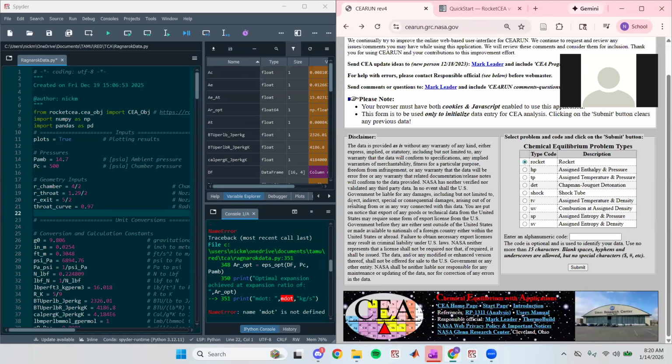Hey guys, today I'm going to be talking about using the RocketCEA Python plugin, specifically the code I developed to help use that plugin to come up with the different thermodynamic variables in a rocket engine for various propellants, various geometries. This code has been super helpful for viewing different thermodynamic variables and performance characteristics for the different designs that